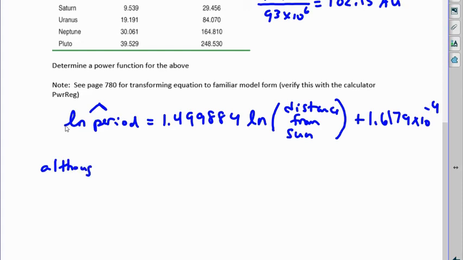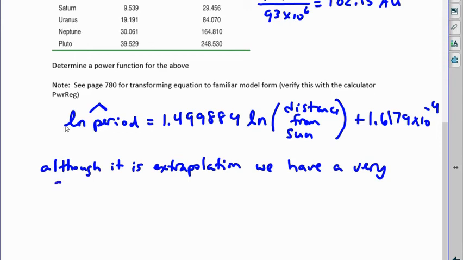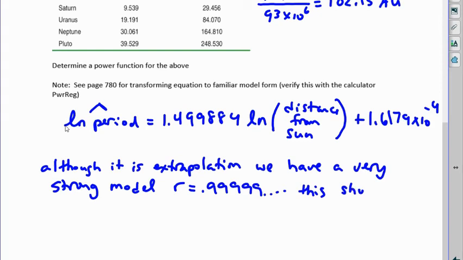And then I want to take this model and plug in the average distance for this new potential planet that's at 102.15 astronomical units. It's really extrapolation, but we have a very strong model for this situation. With this R value of 0.99999, maybe even though it's extrapolation outside of Pluto, which was around 40 astronomical units, this is going to give us a general idea of what might be the period of revolution in Earth years